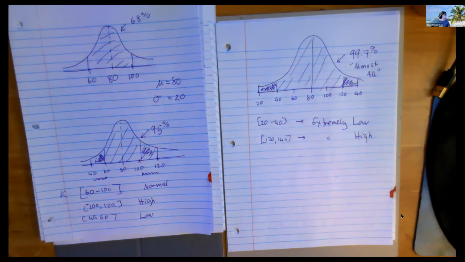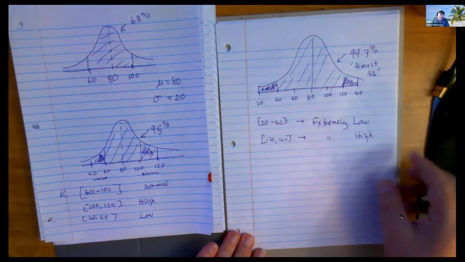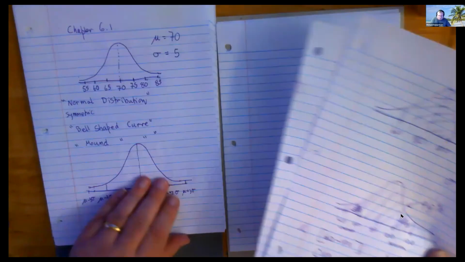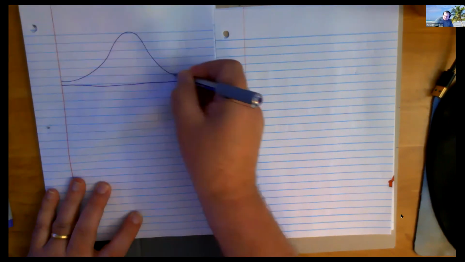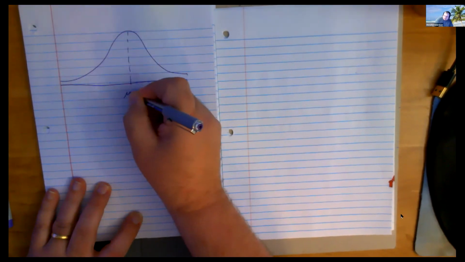Now, if you look at that picture that I've got, the pictures by their nature are going to be a bit ugly, right? Because there's a lot of information in them. But I'm going to try my best to do two different pictures. The first one is just the same guy that we did a minute ago, but I'm going to generalize it. So right in the middle, you've got the mean.